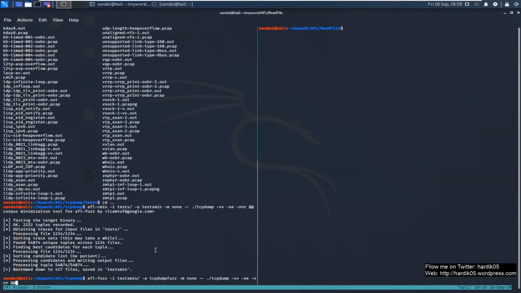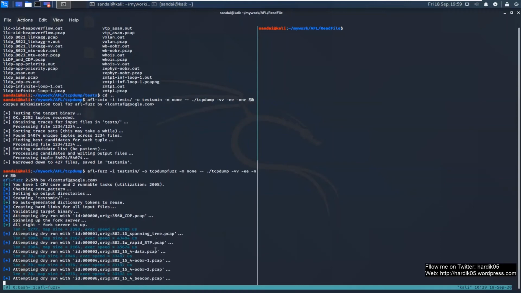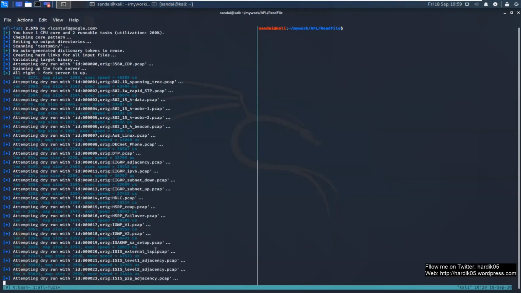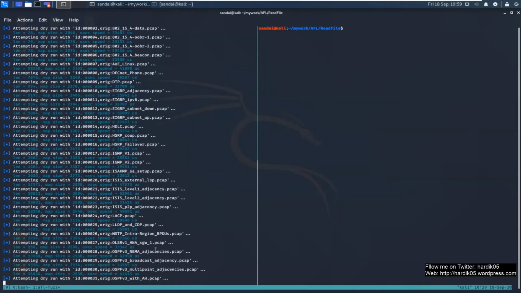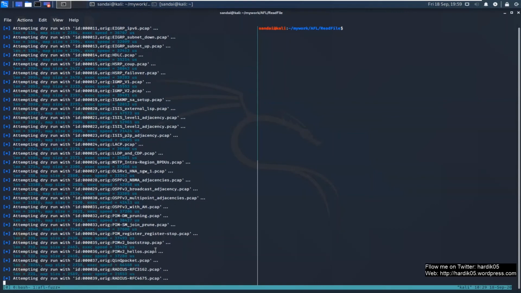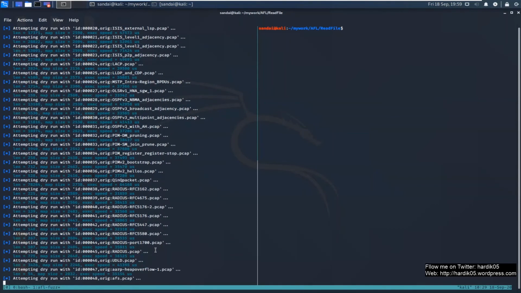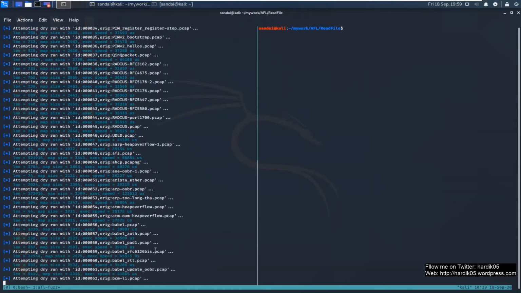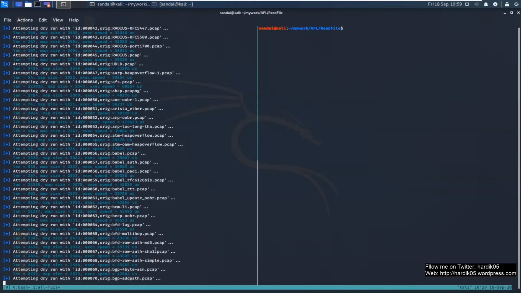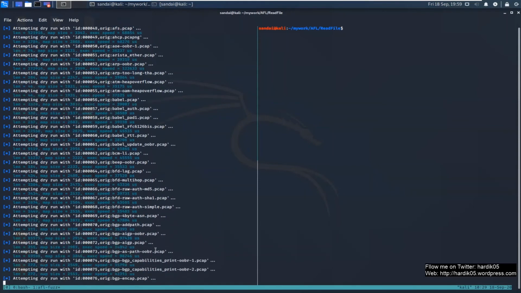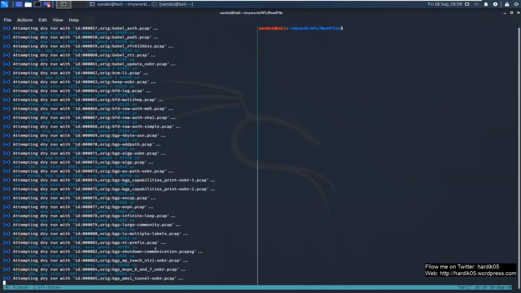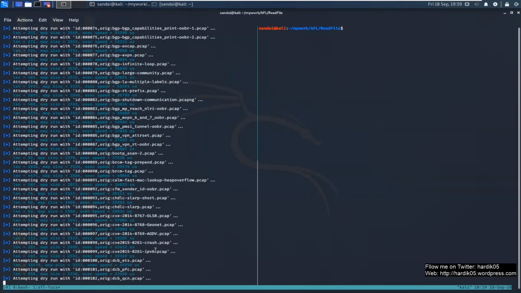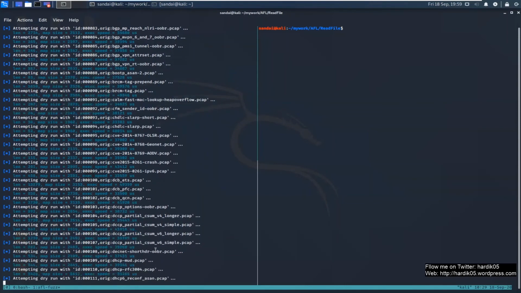So let's see what happens over here, and you can see that AFL has started its processing of the initial file. Now since we have around 400 plus files, it will take some time, so let's wait and see what happens over here. So in this way you can fuzz tcpdump using AFL. A similar approach you can use if you want to fuzz it using Honggfuzz. If you want, you can see my previous videos where I have covered how to use Honggfuzz to fuzz any software on the Linux system.